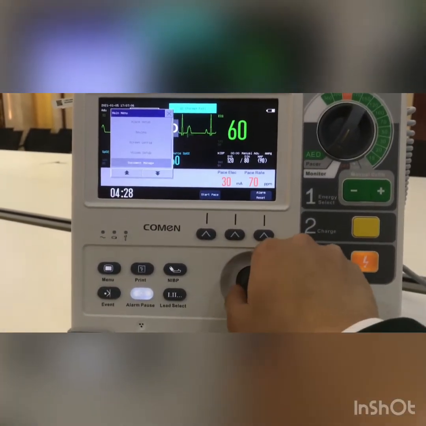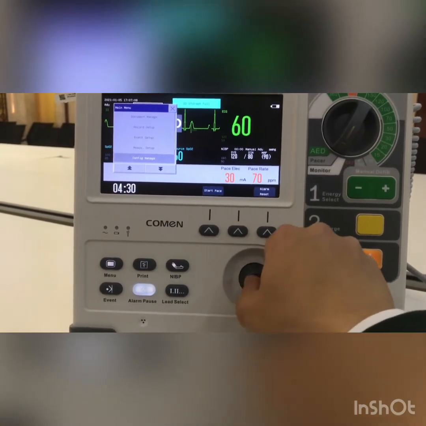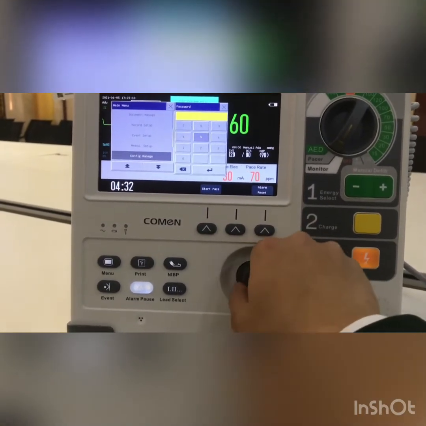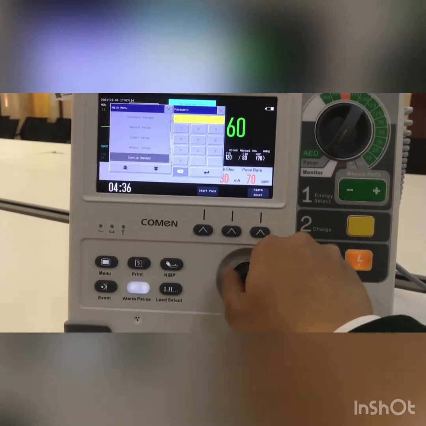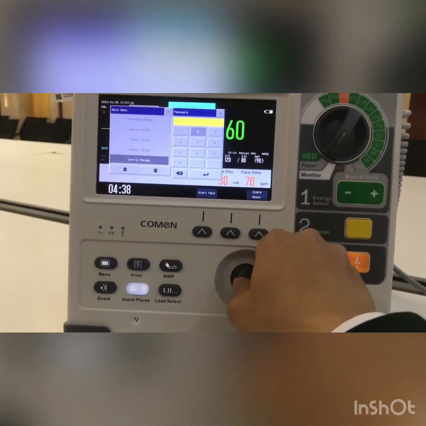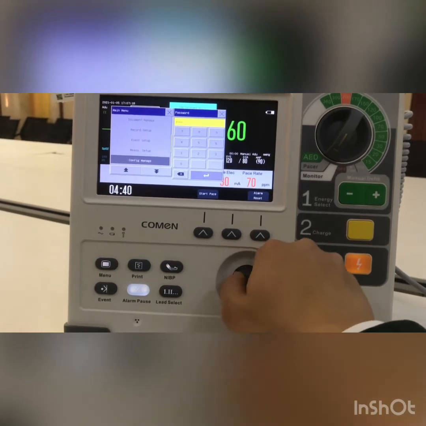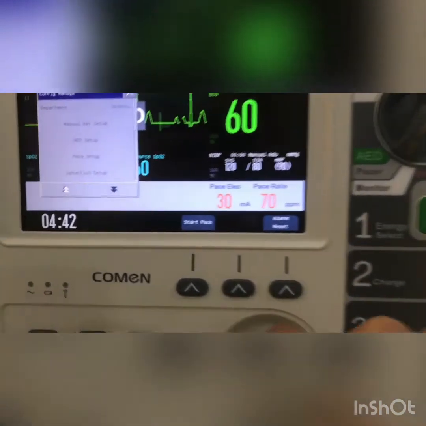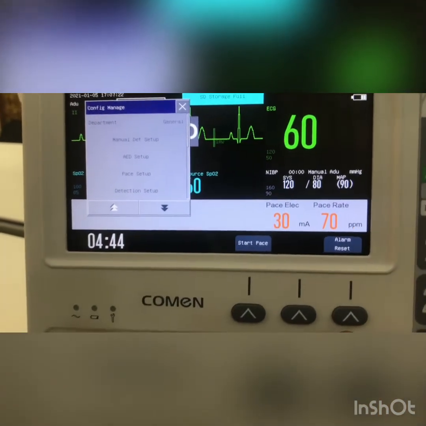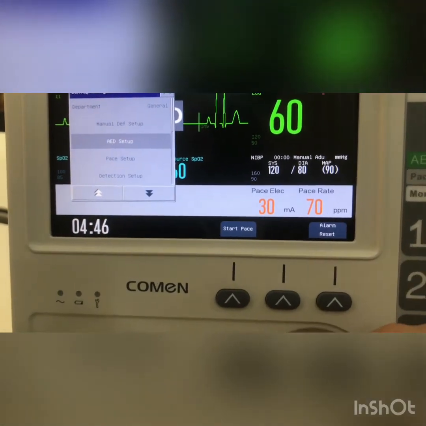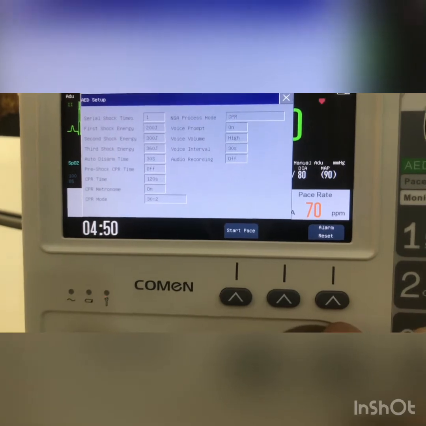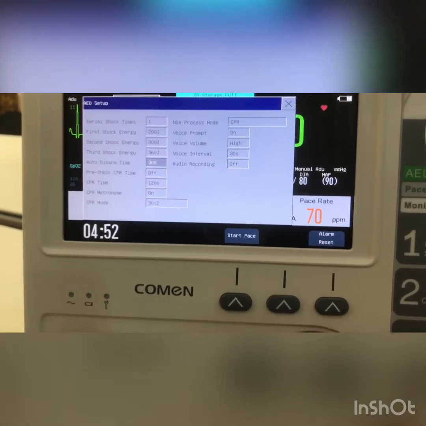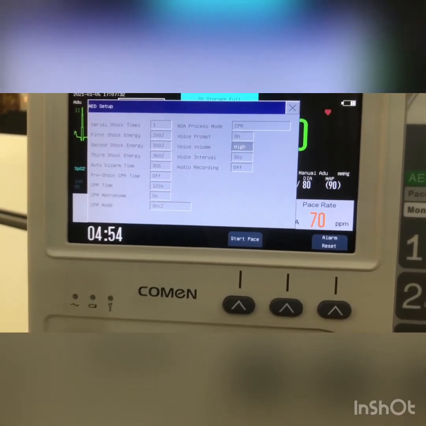Find out the configure, manage, and enter the password 51AA. And in here, you can achieve the AED setup. You can adjust the shock energy, the voice,